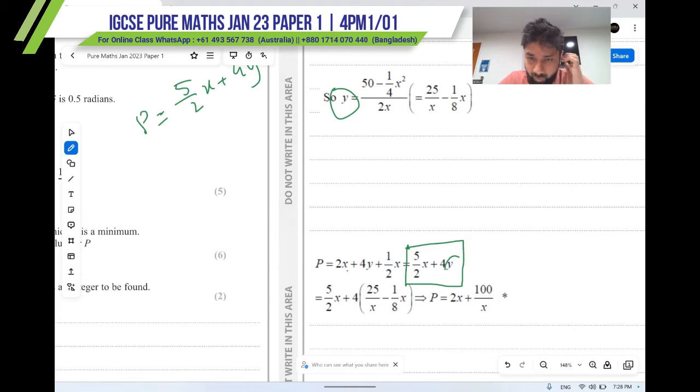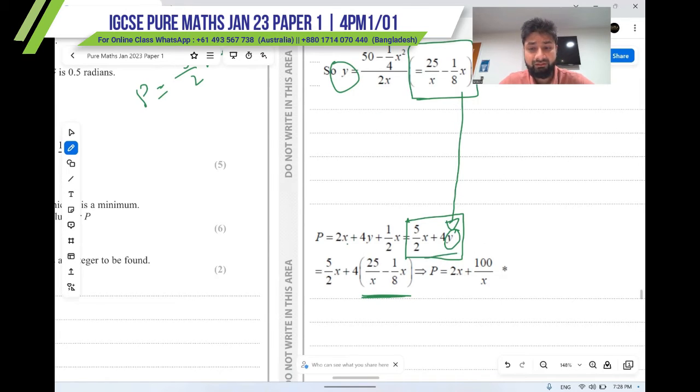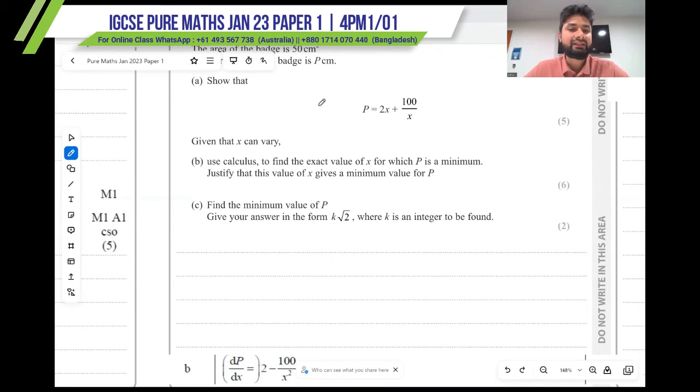Now, instead of this y, we'll just substitute this value over here. After we simplify, we can finally get our desired answer. Question B says, given that x can vary, use calculus to find the exact value of x for which p is minimum. So to find the value of x, we have to differentiate